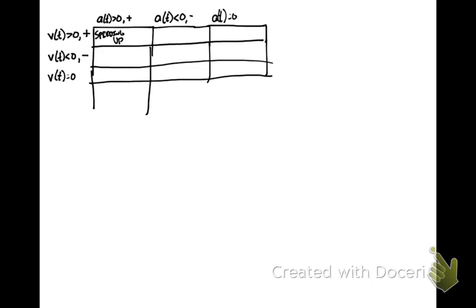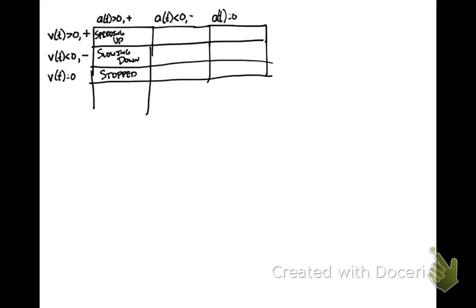If the acceleration is positive but the velocity is negative, then we know it's slowing down. If the velocity is 0 and the acceleration is positive, that does mean that the particle is stopped. But we can anticipate it will be moving to the right because that's the direction of its acceleration,